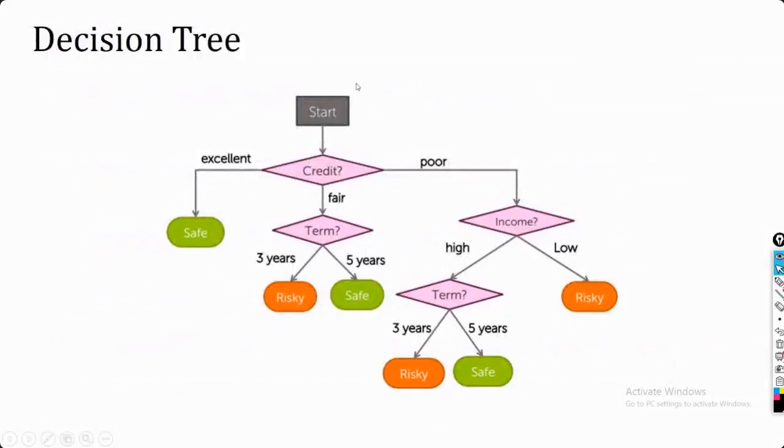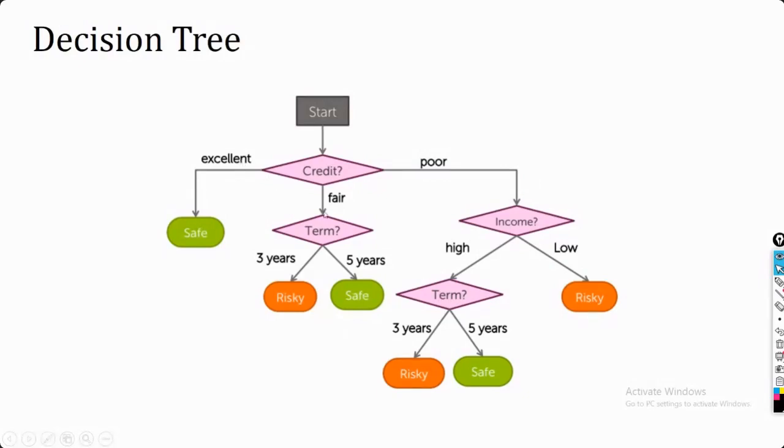Okay, so your structure is going to look like this. So that we will see how we are making this structure. So first we are going to cover the elementary part, which we are going to require for your decision tree. Now as you can see, each of the attributes, like this credit, this term, this income, all these are your attributes which were representing your instance, or which were representing your customer.